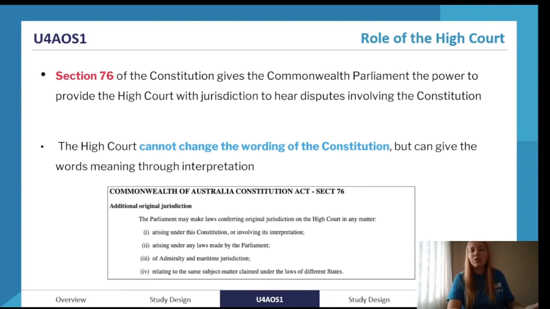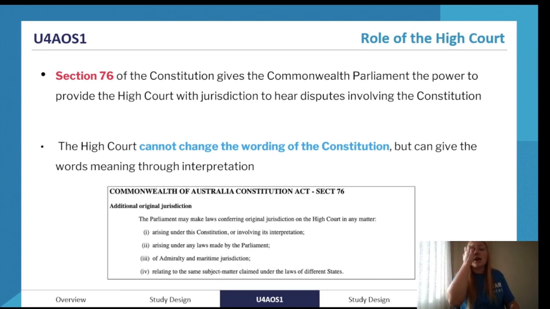So the implications of the words in the Constitution, what is implied by the Constitution. You might be thinking about the implied right to freedom of political communication already, and we will be, and that is one way in which the Constitution, just the one that we have actually, has been interpreted to define an implied right. So the fact that the words in the Constitution say directly chosen by the people in terms of the government should mean that we have the freedom to politically communicate, and that was defined by a couple of cases,